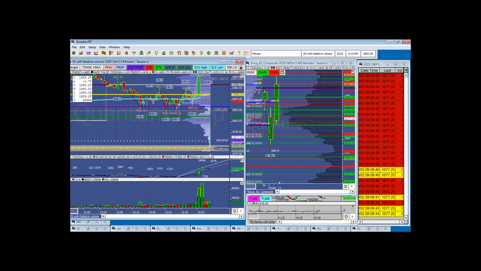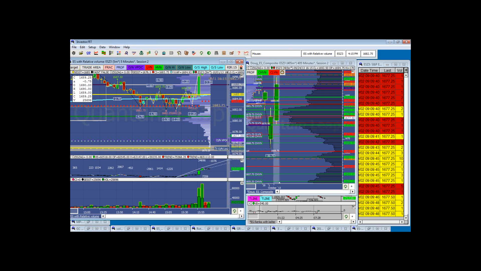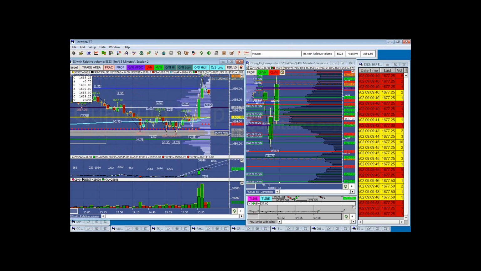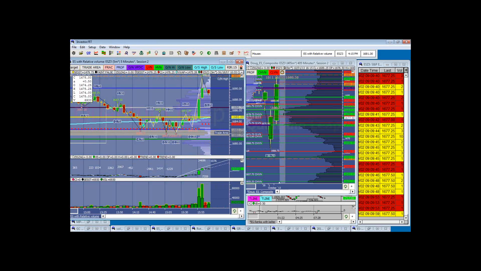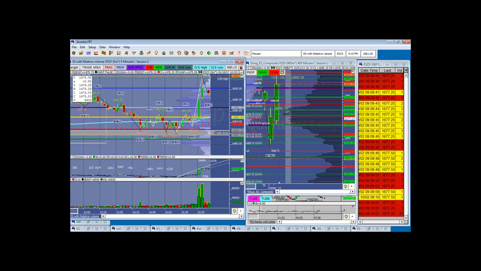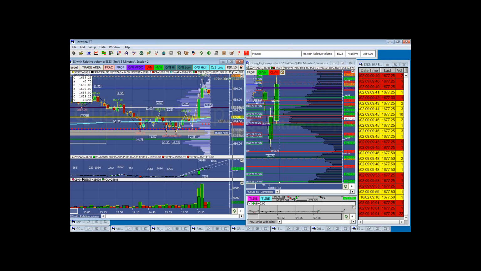Above, I'd be looking for rejection of this LVN and value area low, so I'll be trading in there as a main trade area. And if we reject that, I'm looking for the rotation back to 80 and a quarter and play ping pong again between these three key CHVNs at 80 and a quarter, 78, 75, and 75.